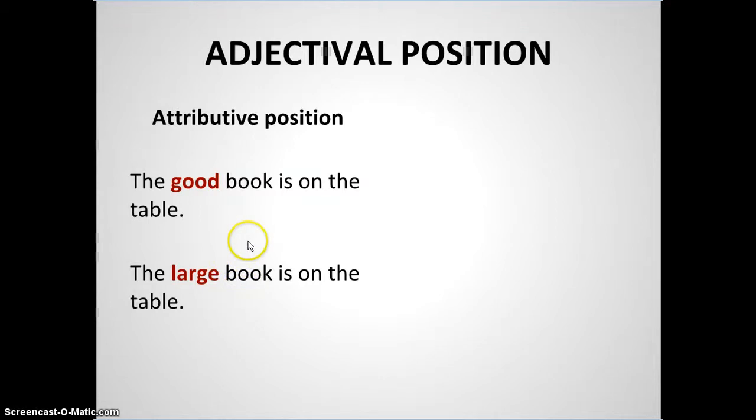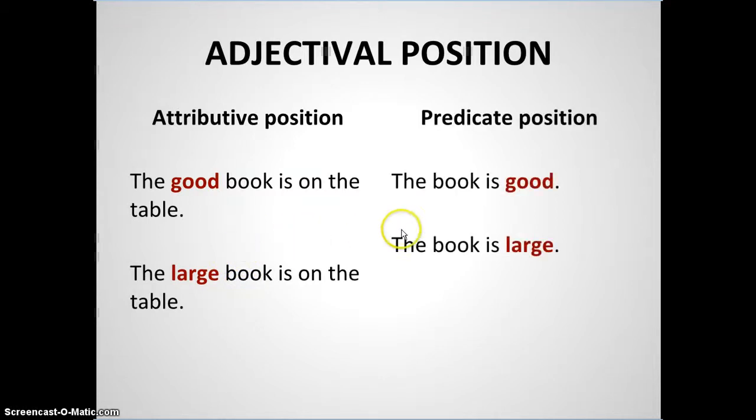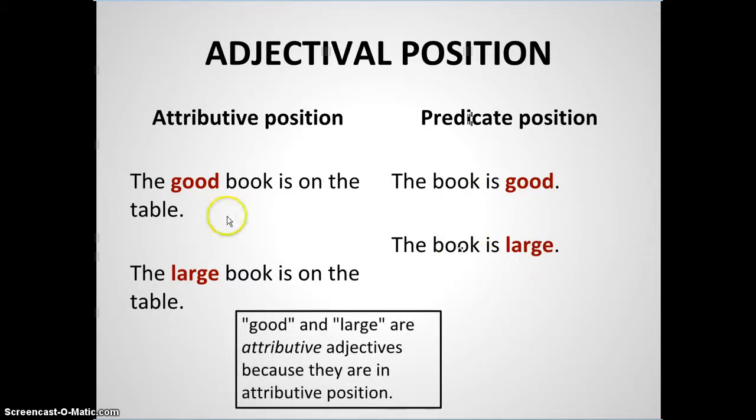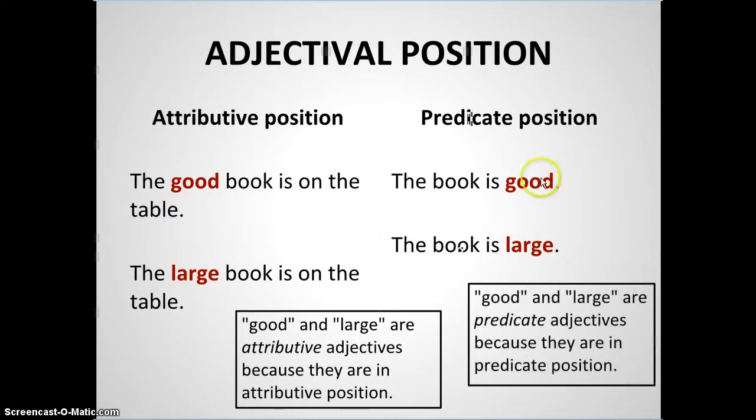When we talk about predicate position, now we're talking about a different way of describing a noun, and that is by using this. This is the key element right here. This is a linking verb. A linking verb is just any form of the verb to be. And now instead of saying the good book, we're going to say the book is good, or the book is large. So good and large here on the left are attributive adjectives, and good and large on the right here